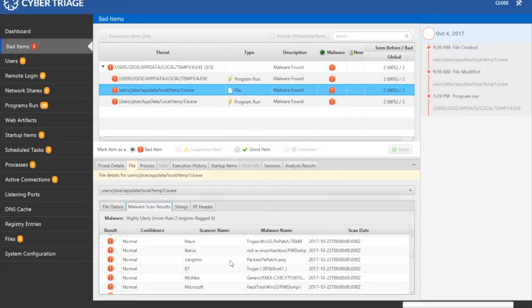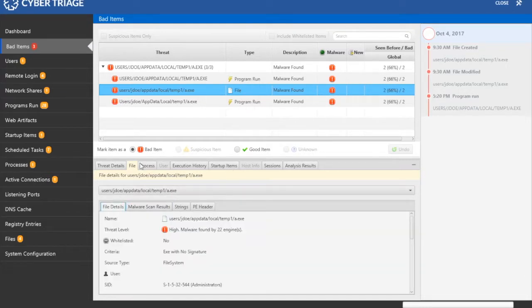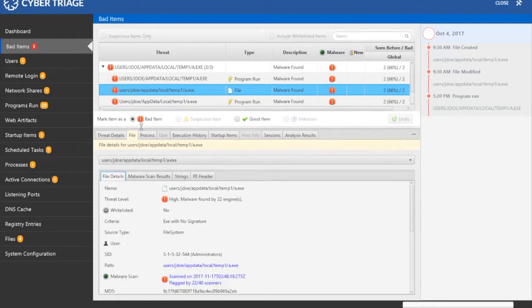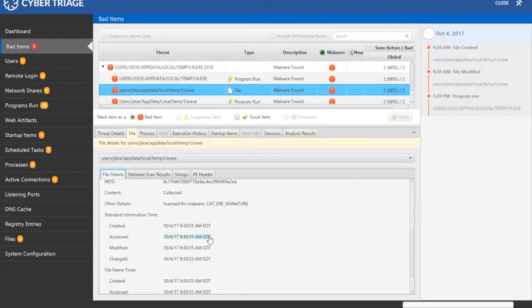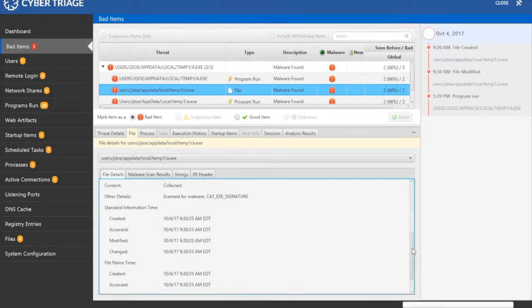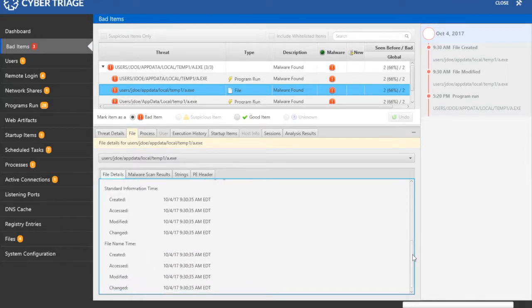Given that, and that we have evidence that it was run, we should ensure that all users on the system have their passwords reset. We can also take a look at the 8 timestamps on the file to verify that they are all the same basic time to ensure that we do not have time stomping going on. If the standard information times are before the file name timestamps, then cyber triage will alert you to that fact. In this case, they are not different,